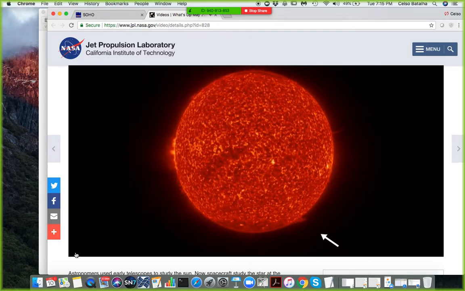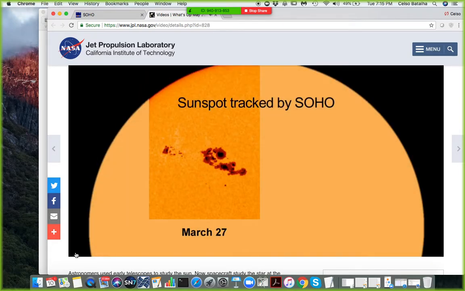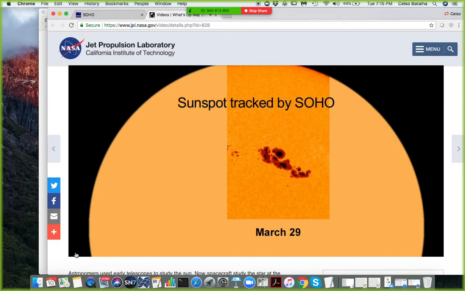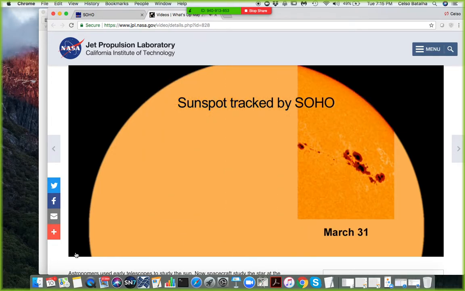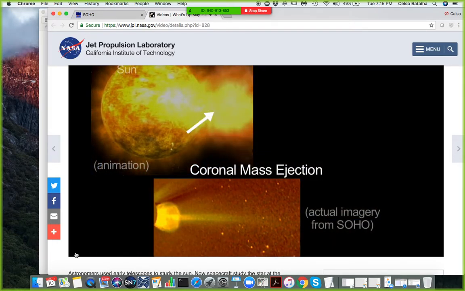storms as they blast from the sun and move out through space. SOHO, the Solar and Heliospheric Observatory, has been keeping a watch on the sun since 1996. It can warn the Earth of approaching